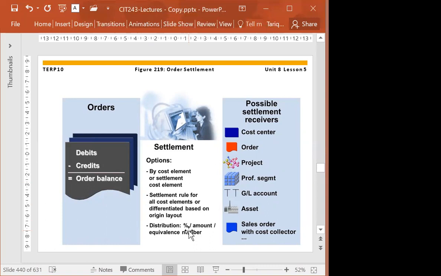So he will get like 50% cost. Other department will get 25% cost. So the settlement rule could be a distribution. Settlement rule could be an allocation technique. Whatever the way you can allocate, you can do the allocation and the cost will be distributed among the different possible receivers.